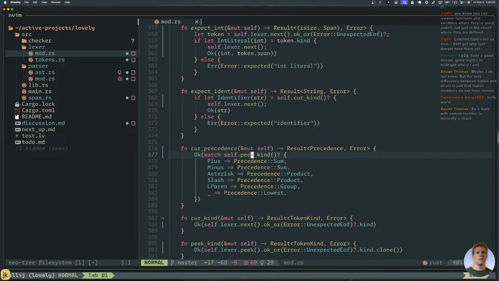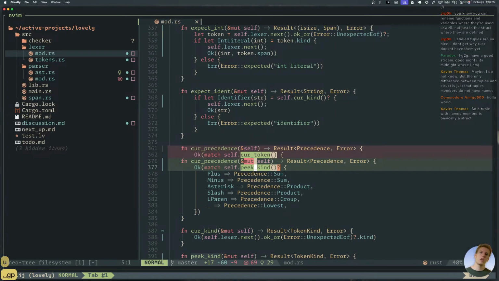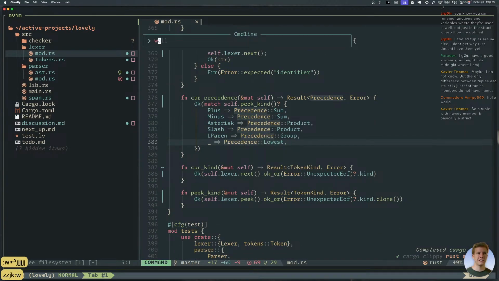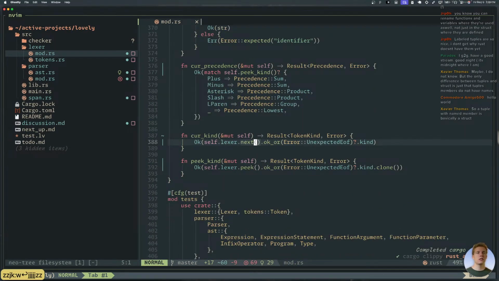All the ones I changed from cur token to cur kind should have been to peak kind. Shucks, that's kind of bad. We'll fix those as we go.